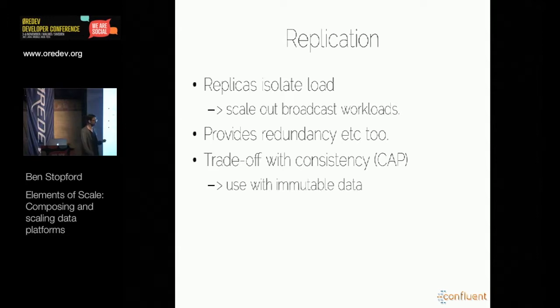I'm not going to go into CAP theorem too much, but what I will say is that if we have a number of replicas and those replicas become dissociated from one another in some way, then we will have a hard time maintaining consistency across them. That's because consistency in a distributed system is a really difficult property to create, and it's arguably impossible in the face of arbitrary partitions.